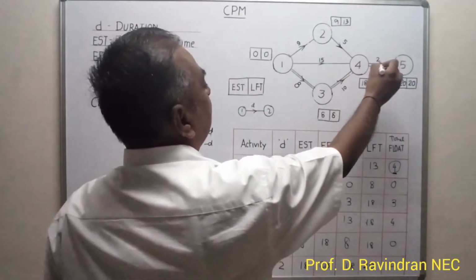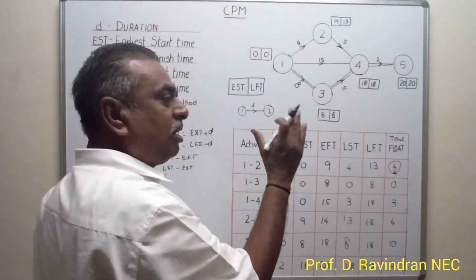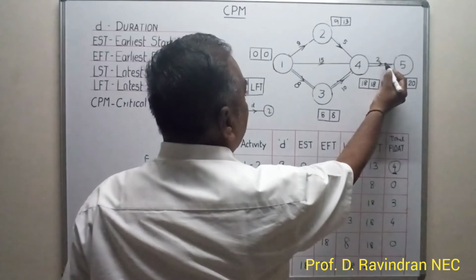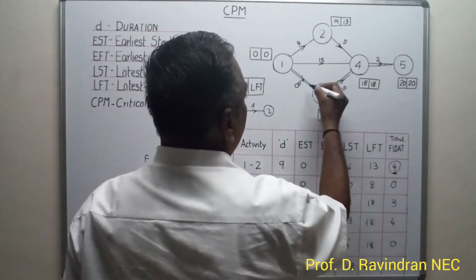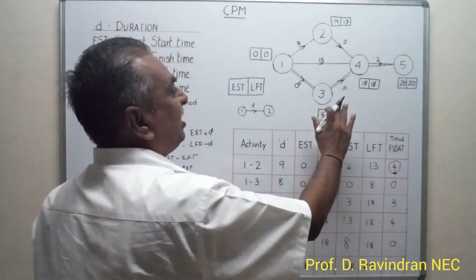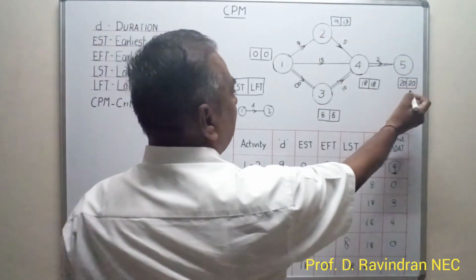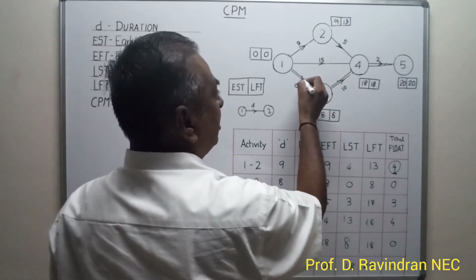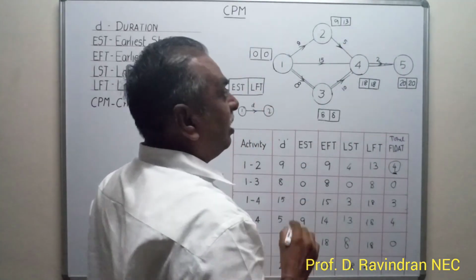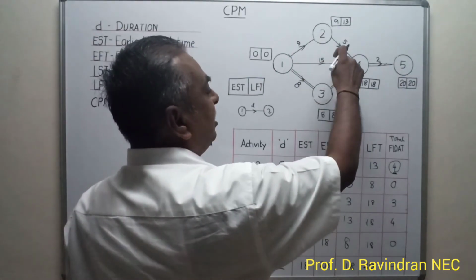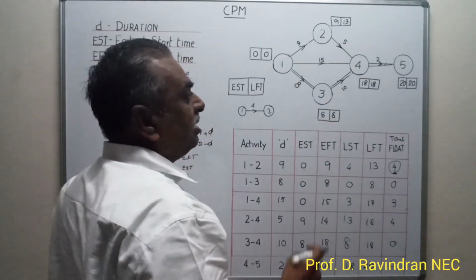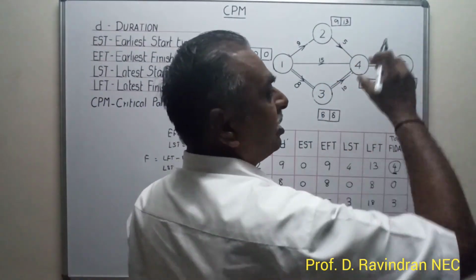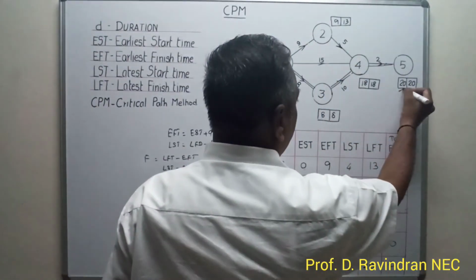The critical path is the maximum time-consuming path along the network diagram. Any alteration or effect in the time duration of the critical path will affect the entire project duration. I mean, these 20 days will be affected if this one is extended by 1 day, or this one is extended by 1 day, or this one is extended by 1 day. Otherwise, when these activities are affected, they are all non-critical activities. These activities can be extended for a few more days without affecting the entire project duration. So the project duration is 20 days.